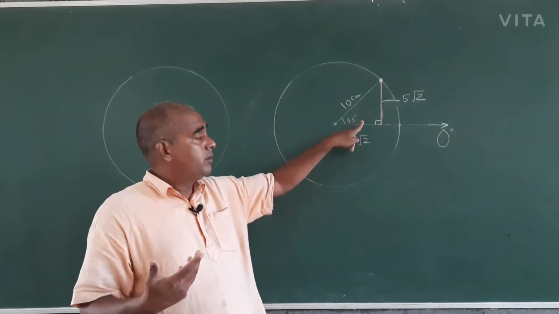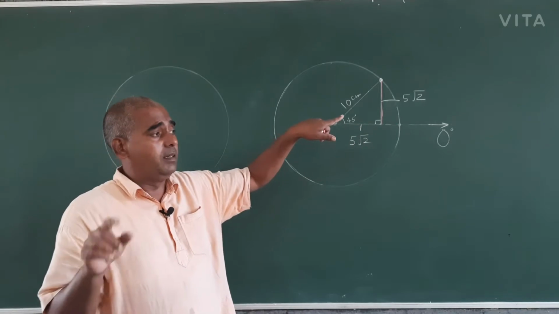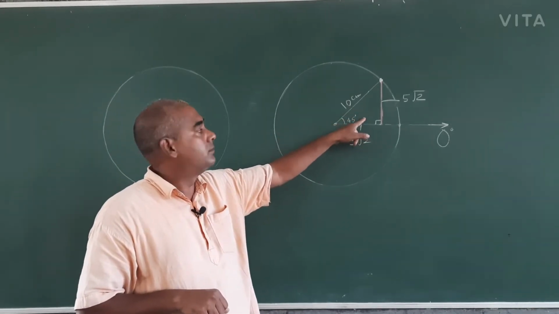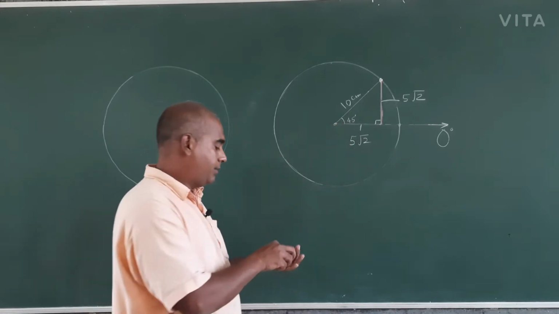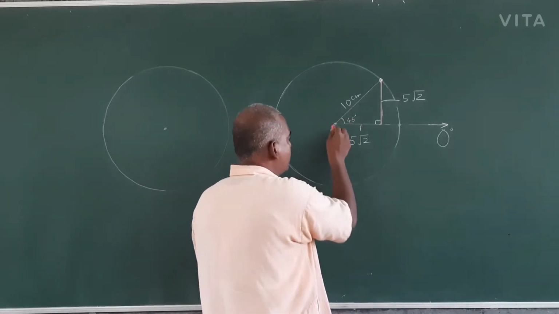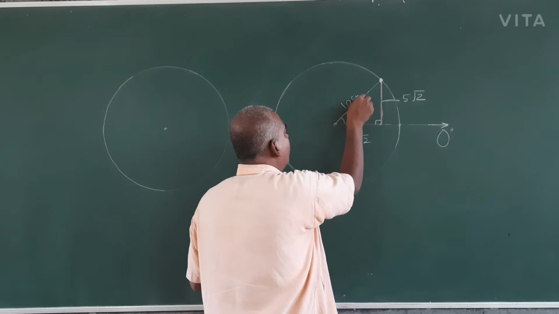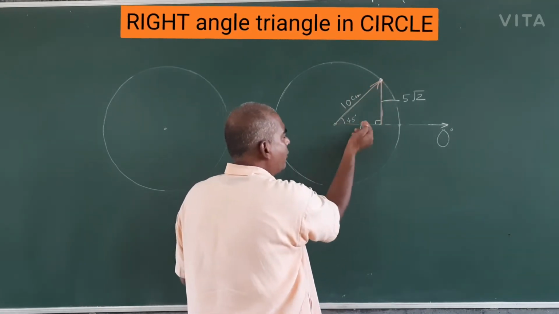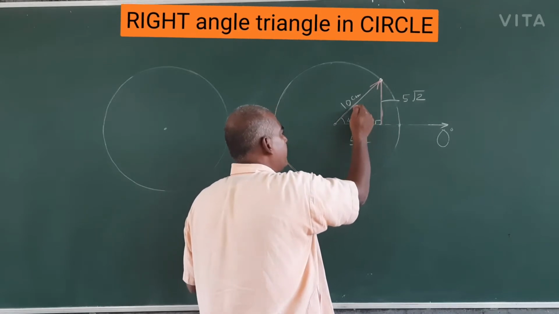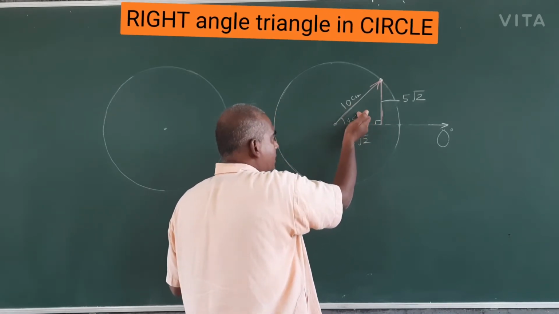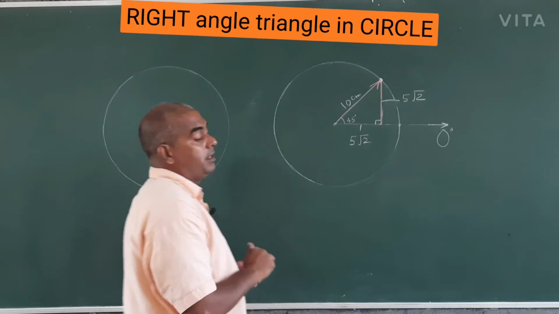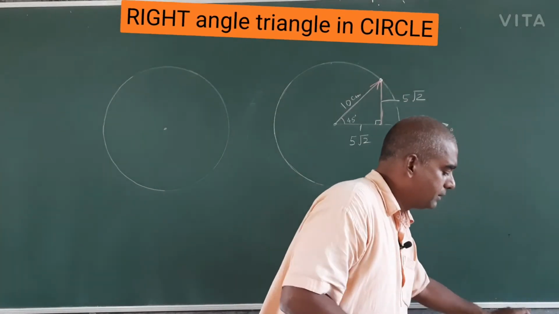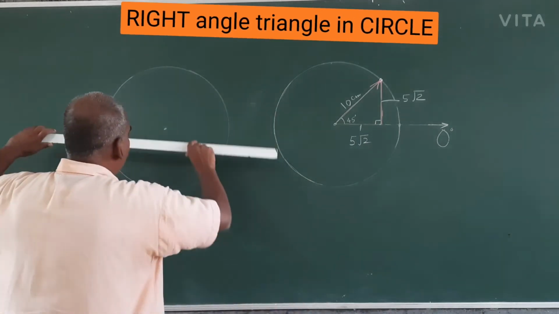In my earlier video, the link is given in the description, I talked about 45 degree. This was 45 degree. This was the radius which was moving. This is the radius of 10 centimeter, and it is moving from 0, then 10, 20, 30, 45 degree. Suppose it has moved 60 degree. So what will happen then? And 30 degree, it can move both.